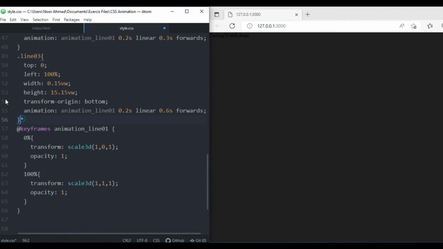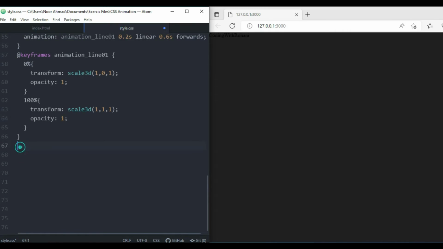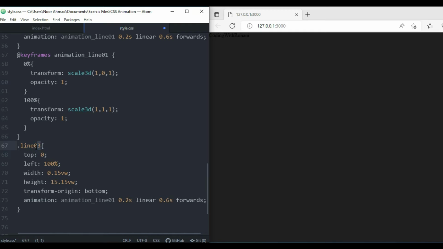And now we are going to do this for liner 2 as well. Now let's copy this from here, liner 3 class, and let's add it here. Instead of 3 we are going to use 2, and everything is good to go. We are not going to add some changes here. We just need instead of 0 we are going to add 15, and instead of 15 we are going to add a 0. And at the top we need to add 100%. Here we go, and for left we need 0, and that's it. And here for this we are going to write the right,